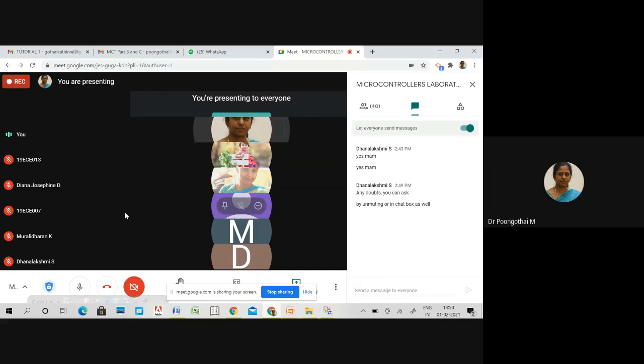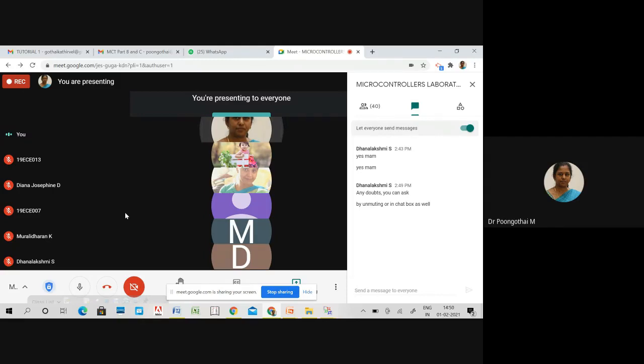See, how many memory locations do we need for 8-bit addition? So you have to add two numbers. So how many memory locations do we need? Students, do you understand my question? You have to perform 8-bit addition.